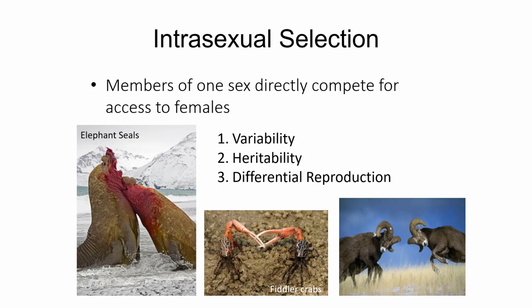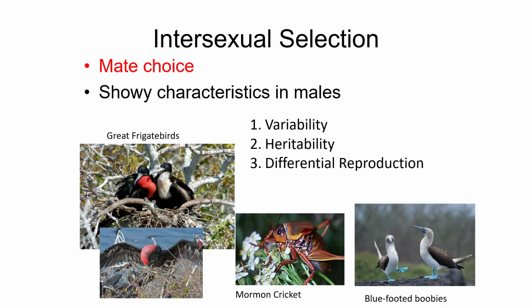There's variability in this of how well they can fight. This is allegedly heritable and thus will lead to differential reproduction where the best fighters win. There's also intersexual selection, where showy characteristics are going to be selected for. So we see that in these great frigate birds, where the ones with the biggest weird-looking necks are going to